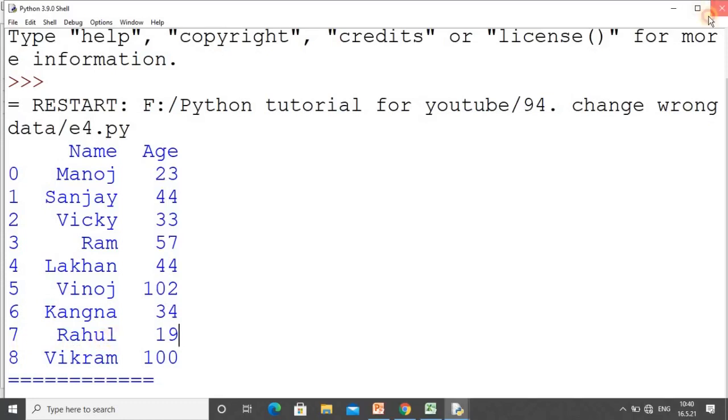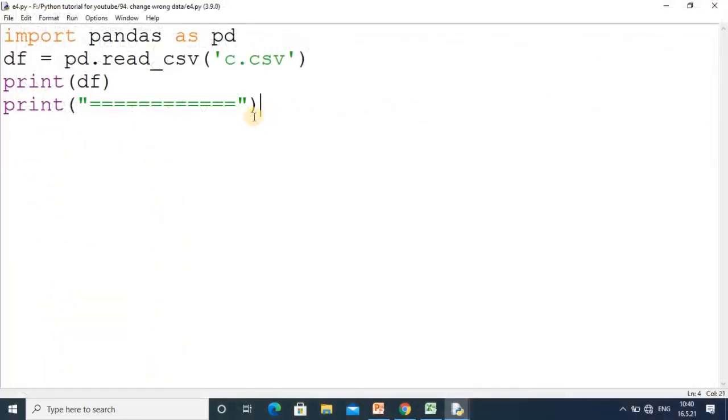We will see how to change that through coding. I just erase this, and now we will write the code for that. We have to use the df.loc method, then specify the index position, which will be 7, and our column was age. Finally, you specify the new value.